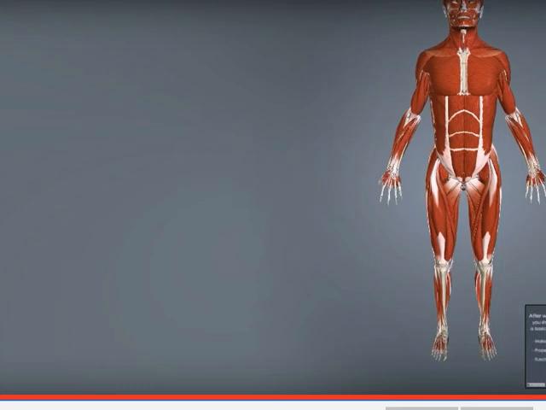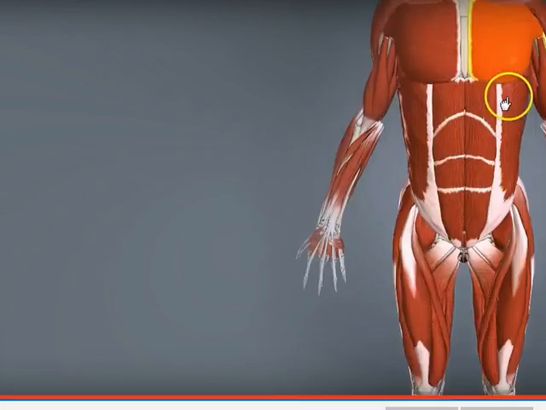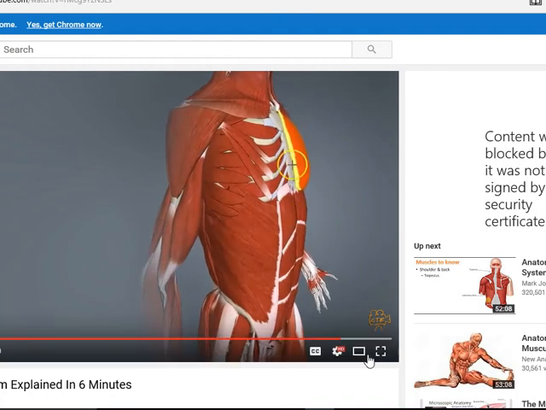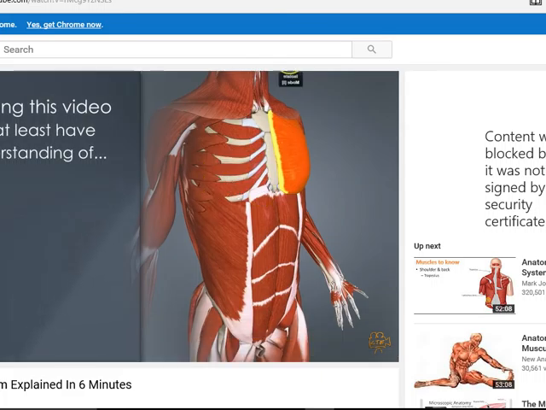Now there is so much more to discuss about the muscular system, but that's as far as we'll go in this introductory video. After watching this video,